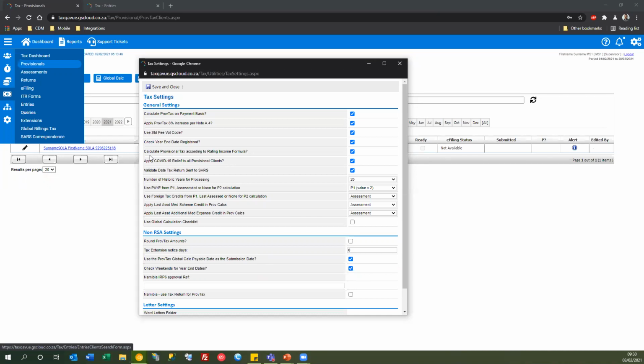Okay, calculate provisional tax according to the rating income formula. So for farming, the farming provisionals are not as straightforward. We've implemented the ability for you to specify whether you want GreatSoft to apply the rating income formula for farming or not. If you disable this, the system will not apply the rating income, even if you specify an amount in the rating income section on the Prof